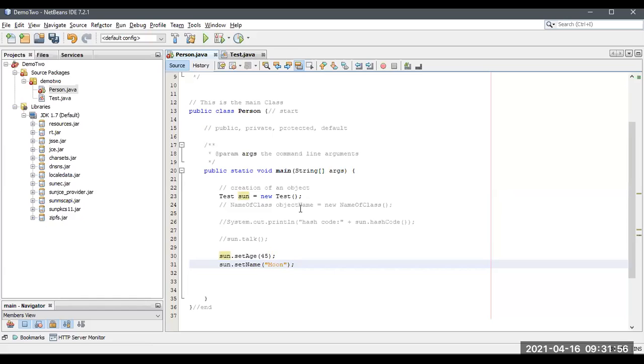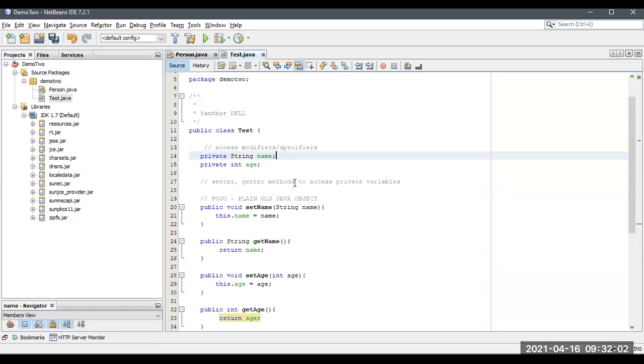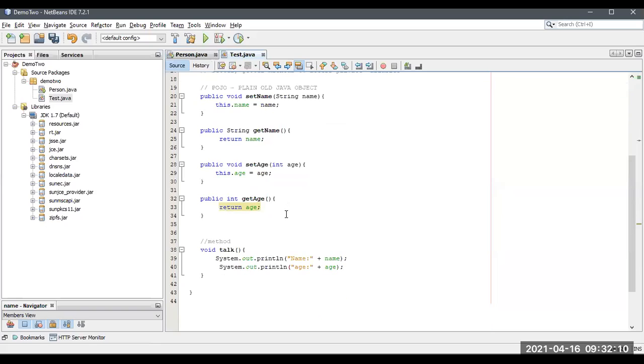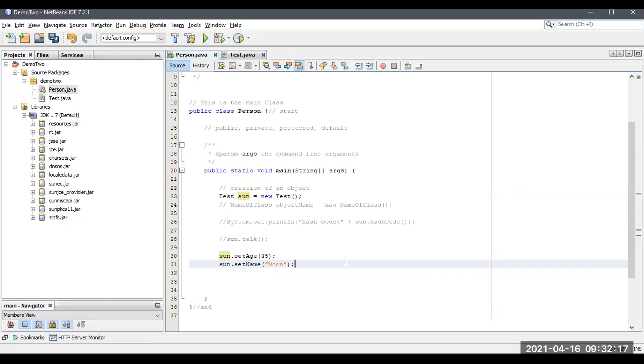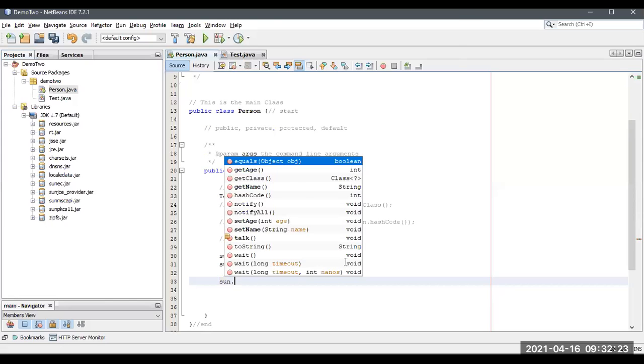Okay, the name of the guy is moon. See this, now I directly access these variables which are available in this class whose access modifier is private. And now I'm going to call a talk method, which is an action of the particular person. Sun dot talk.